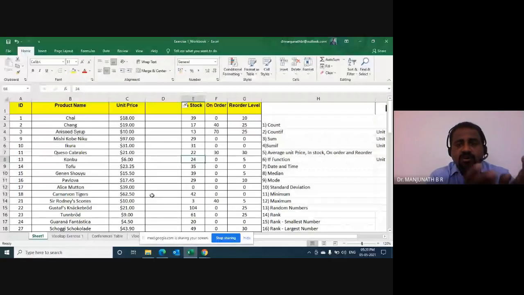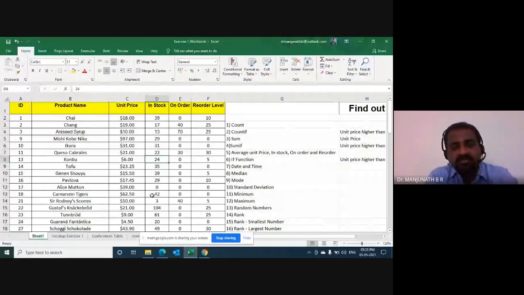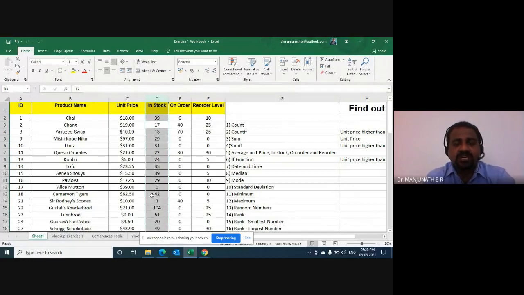Now I want one empty column next to unit price, but before in stock. I want a fresh new column after the unit price column. My cursor is somewhere in column D here. Now let's do it together. Control space bar.